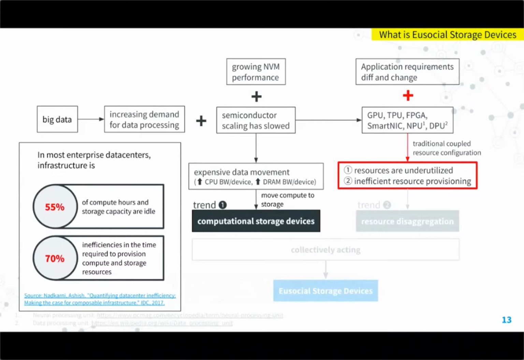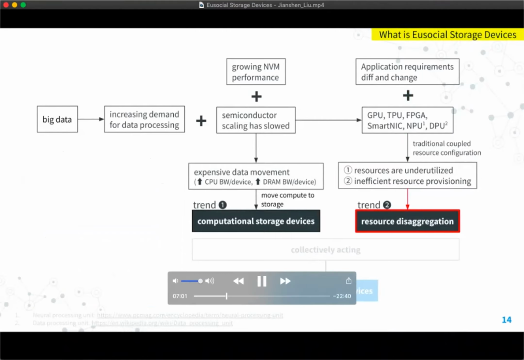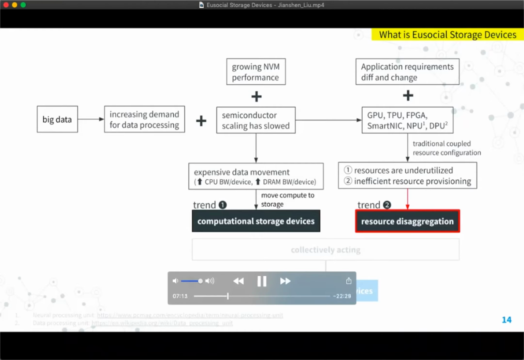To tackle this problem, industry started disaggregating the resources, where different resource types are organized in pools. The system of the required performance can be composed at runtime by picking resource types from different pools. However, these two trends basically direct us to disaggregating storage devices. Without further optimization in terms of the storage architecture, we won't be able to leverage the benefits from these trends.